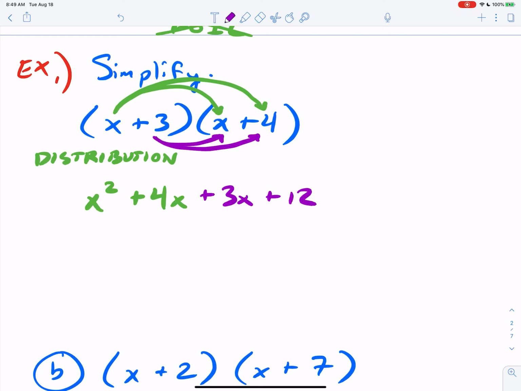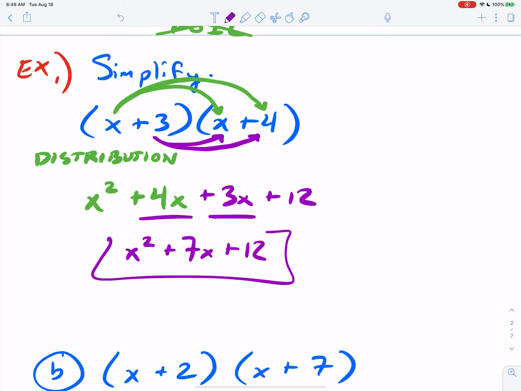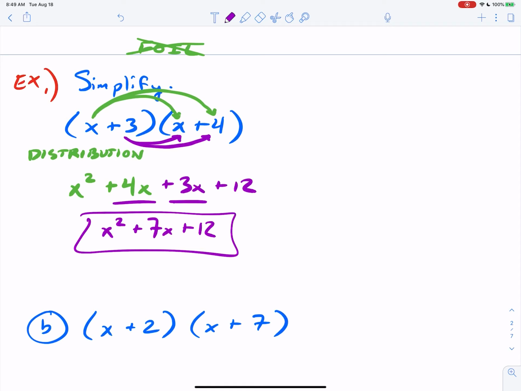You noticed back in the last lesson that there are 2 terms you could put together here. You could combine 4x and 3x to make 7x, and then you bring everything else down because they have nothing else to combine. You end up with this quadratic trinomial. That's what most of you will see. Again, I discourage FOIL, and I'll tell you before this lesson ends why it doesn't work